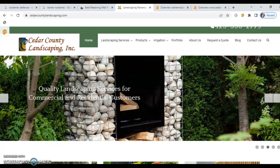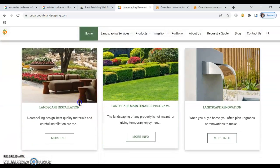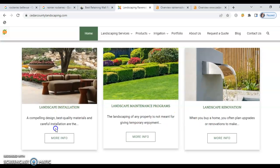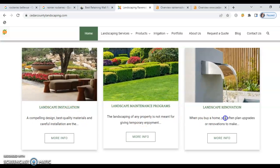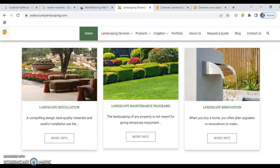And the picture that you guys have in your header is far better. See, this is what I was talking about as far as having your services and then having information underneath. They don't have nearly enough either, but this is the format that I was trying to explain to you. So now,